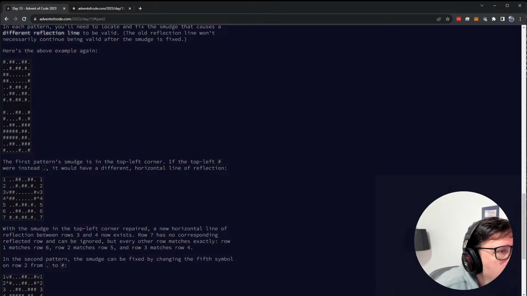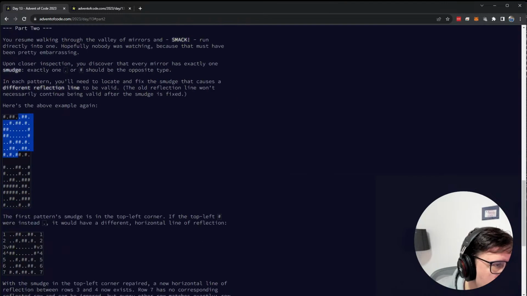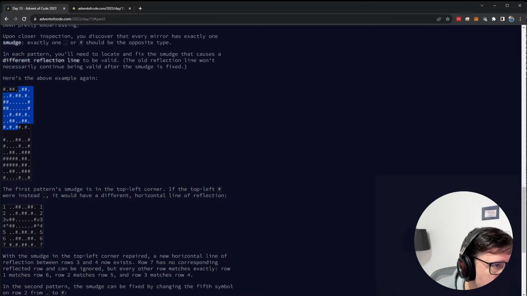Let me think. Oh no, it used to be like this. Right? Yes, it used to be a column reflection like this, I think. So you go from a column reflection to